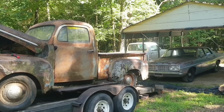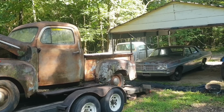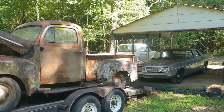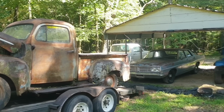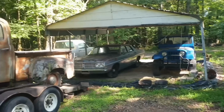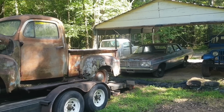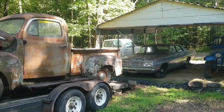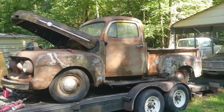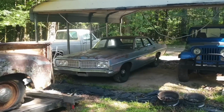One of the first 306s I've seen sounds like a bucket of bolts when it was running, and it finally locked up when I was trying to get it on a trailer. I'm doing something kind of sacrilege. I'm going to put the motor and drivetrain out of that Chevrolet right there in it, because it runs. Could not save that truck, but I can save the Ford. And yes, I could build a motor, could put a 302 in it, but you know, it's one of those things where